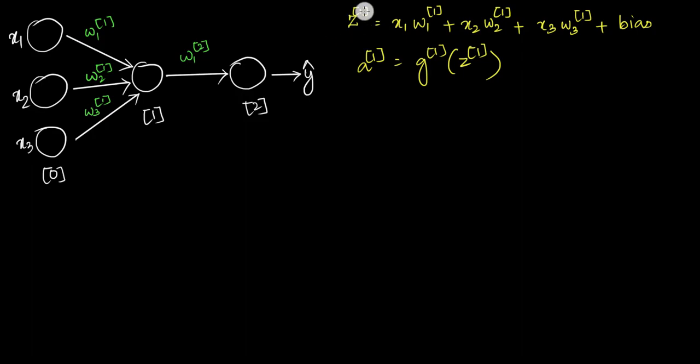I'm just using a new slide here so that we calculate the matrix formats. I just have the z value here and the a value here. But before going into the matrix format, I want to introduce you to some new things. So ultimately here also we are going to calculate z of 1. So this z of 1 here is equal to nothing but, last time we just introduced two parameters, the weights parameters and the bias parameters, right? Similarly, here we are also going to use the weights parameters and the bias parameters, but in a matrix form. So let me tell you how that works.